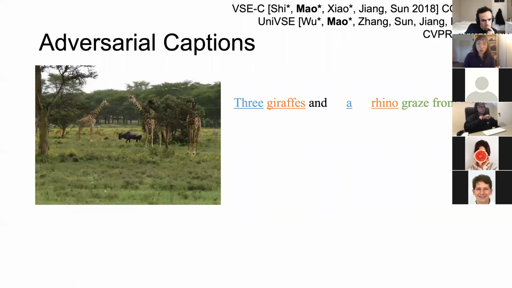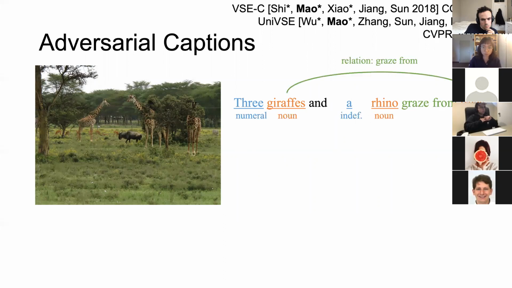Another benefit of enforcing such a factorized alignment, or very fine-grained alignment, between the visual inputs and the text is that our model can have better robustness. One way to test it is to generate adversarial captions in the following way. Given an image and its caption, we can extract the entities in this caption and also the relationships between them. We can then generate unmatched sentences by changing only a small part of the sentence, but making the meaning of the sentence completely different.